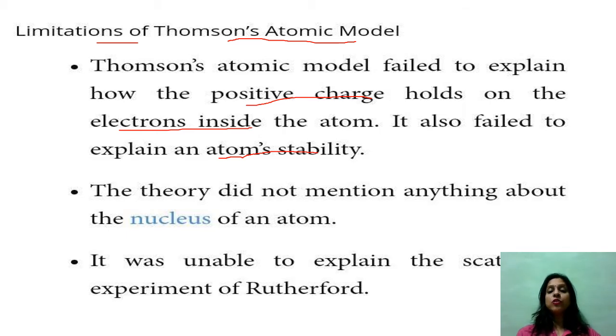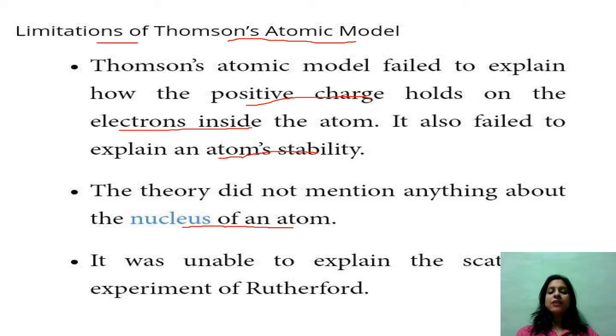नेक्स्ट, उनकी थ्योरी में न्यूक्लियस ऑफ एन एटम का कहीं नाम नहीं दिया गया था, कहीं डिस्क्रिप्शन नहीं था, जबकि न्यूक्लियस एटम के दो पार्ट होते हैं, one is the nucleus and another one is the shells in which electrons are revolving. So that was also not explained by the Thomson model, and that's why it also becomes a limitation of the Thomson atomic